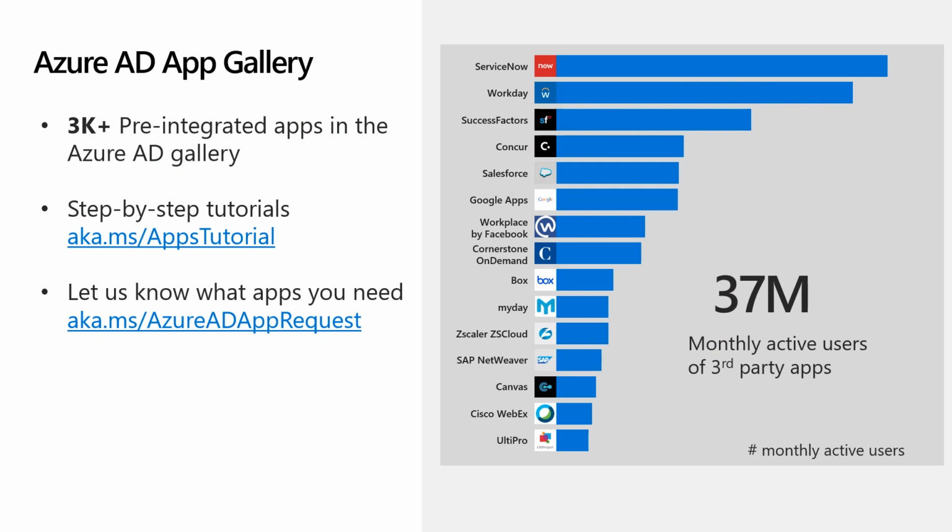Some of the major applications are HR applications like Workday or Cornerstone on Demand, or productivity applications like Salesforce, Concur, and others. These applications are growing super fast. If you are using any of the applications listed over here, you should be able to integrate the application with Azure Active Directory and utilize our platform. These are highly integrated and highly used applications on our platform. So feel free to take advantage of that.